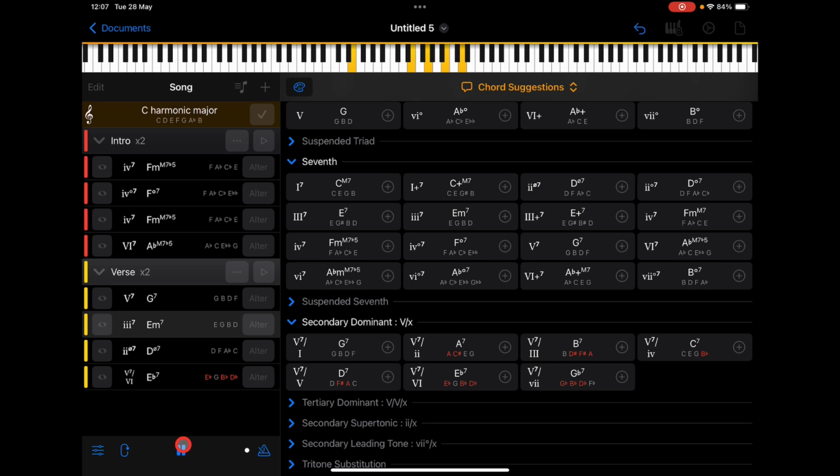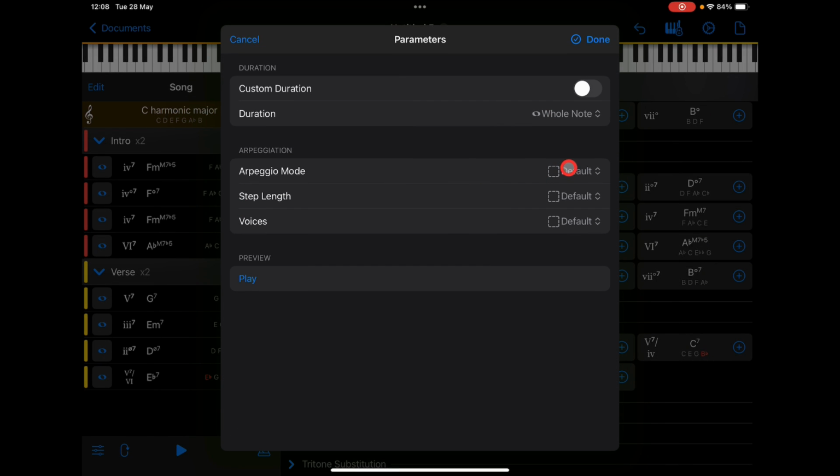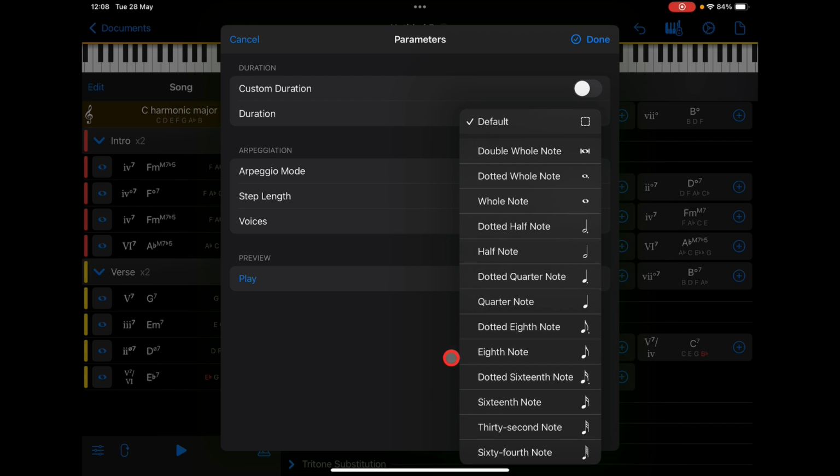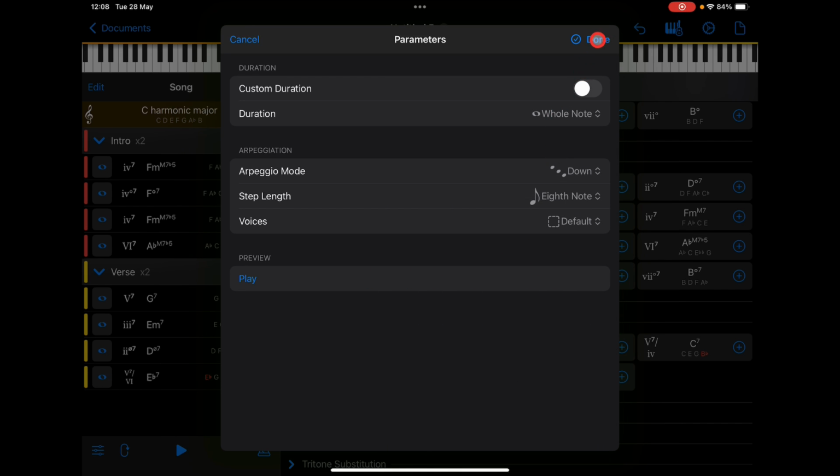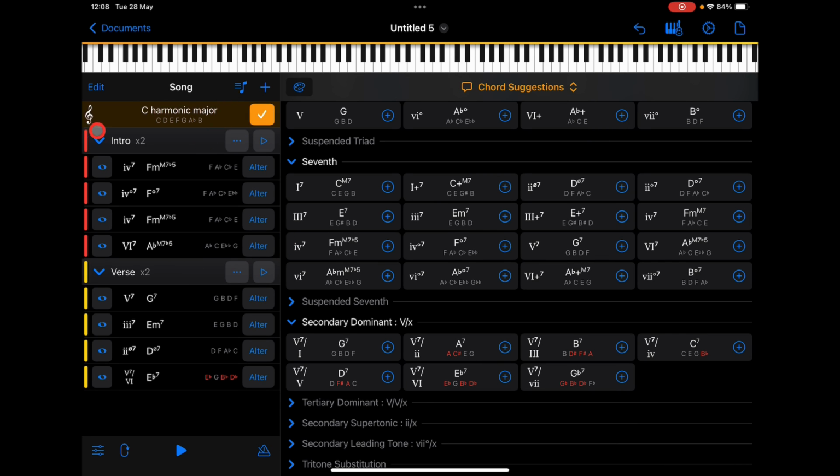Okay, I'm going to stop that. There we go. I put it on the first one. So let's see. On this one, I'll have this one play just the chord, and I'll click on this, and I'll change the arpeggiator mode to down, and I'll have the step length to be an 8th note again, and click on this. And now if we play our first section,